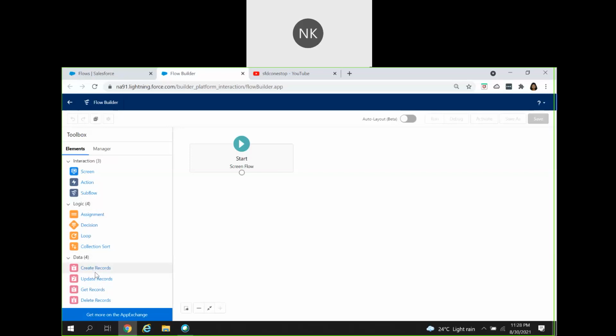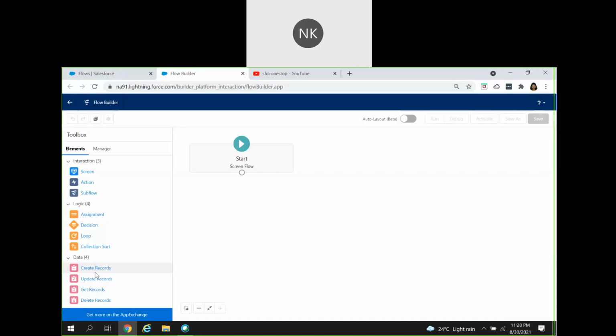So what is our business use case? You have a guest community user, and you want your users to fill in some basic information to create a lead. We'll take a very simple example so that it will be easier for you to understand. I will be collecting some basic information from the user: first name, last name, phone number, email, then the company information, and then a basic description of what exactly the user is looking for. So these are the important things we are going to build a screen for.